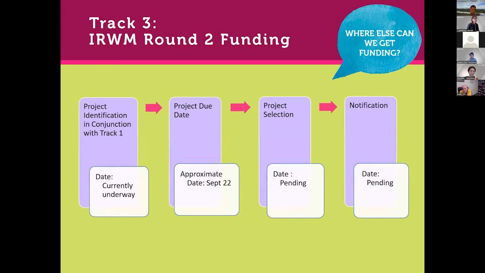The third track is the IRWM Round 2 funding. And again, you're going to need shovel-ready project descriptions to get into this consideration. And the RFP can help you get there. So if you have an idea for a project that is applicable to IRWM Round 2 funding, but it's not shovel ready, you can apply through the RFP to work with our teams to get you a shovel ready project for this third track, this third bucket of funding, which is the IRWM Round 2, which is currently kind of